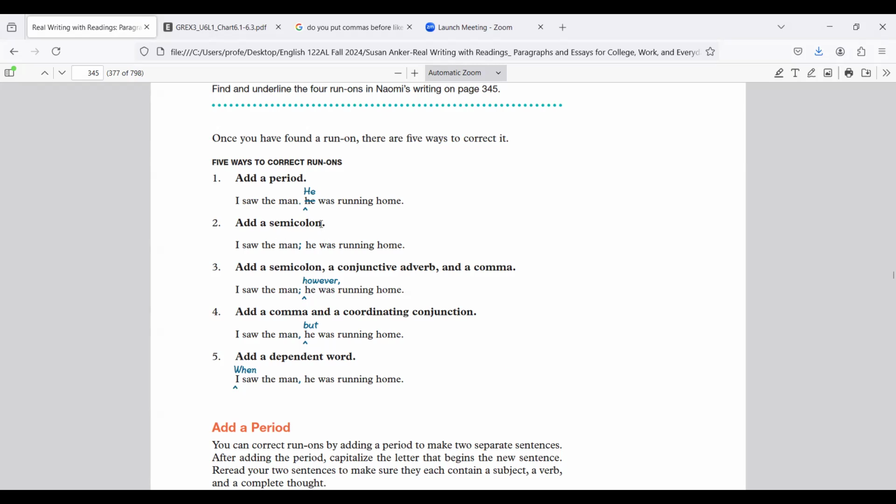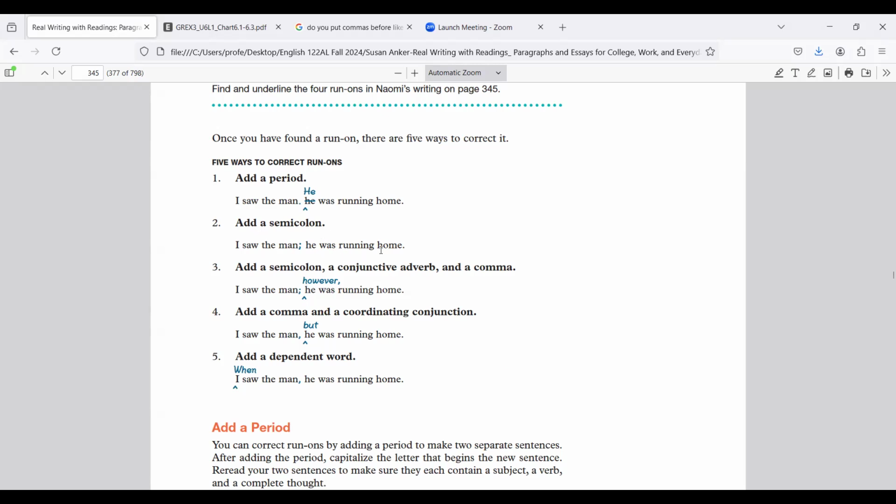I would caution against using this construction too much. It's usually when you're making a point. Here, I saw the man, he was running home. But you're so excited about he was running home, you don't have time for a conjunctive adverb. But the idea is that you're